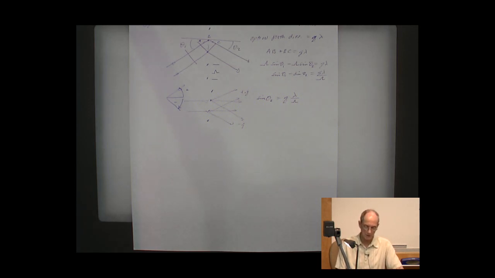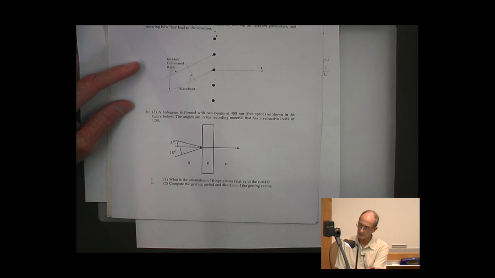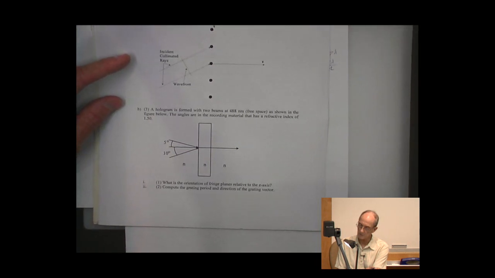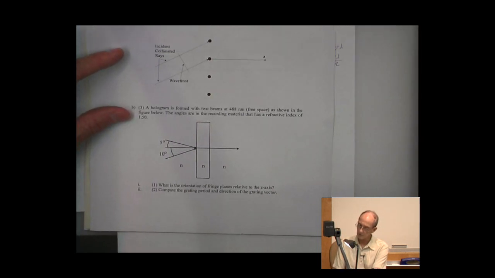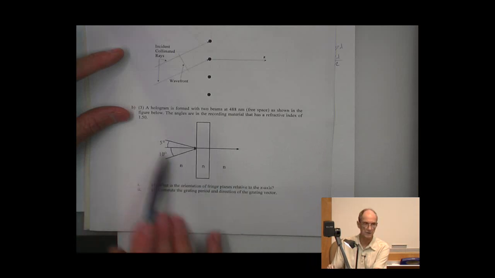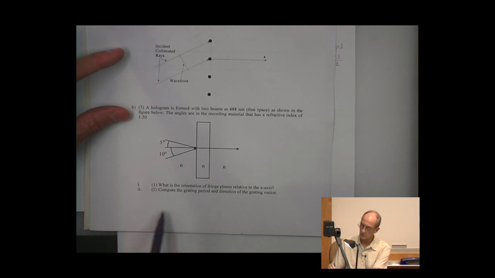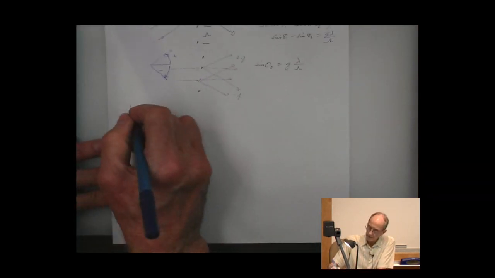Part B is we have this hologram formed with two beams at 488 nanometers in free space, as shown in the figure below. The angles are in the recording material that has a refractive index of 1.5. Okay, so we have a free space wavelength, we have an index, but there's no index difference between the region where we're doing the recording and not. So the question is, what is the orientation of the fringe planes relative to the z-axis? All right, so for that,